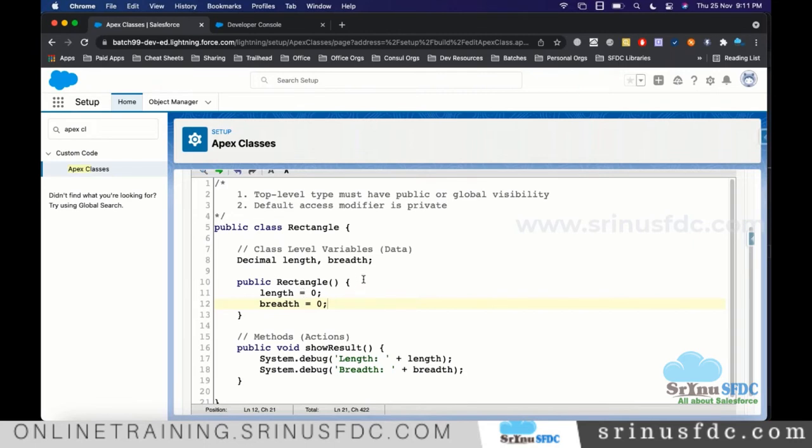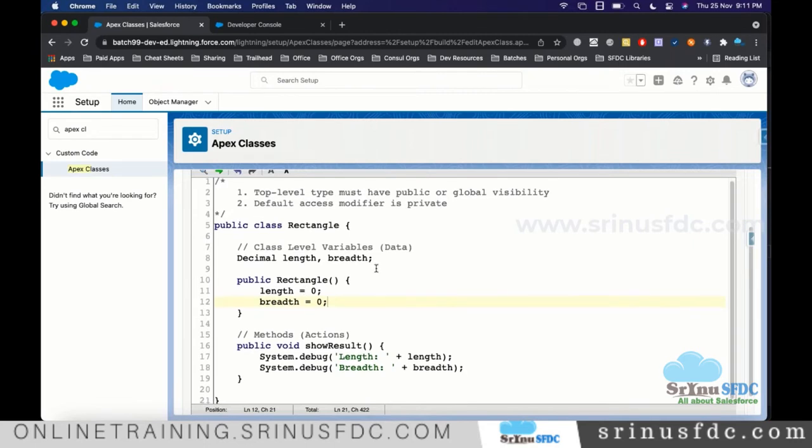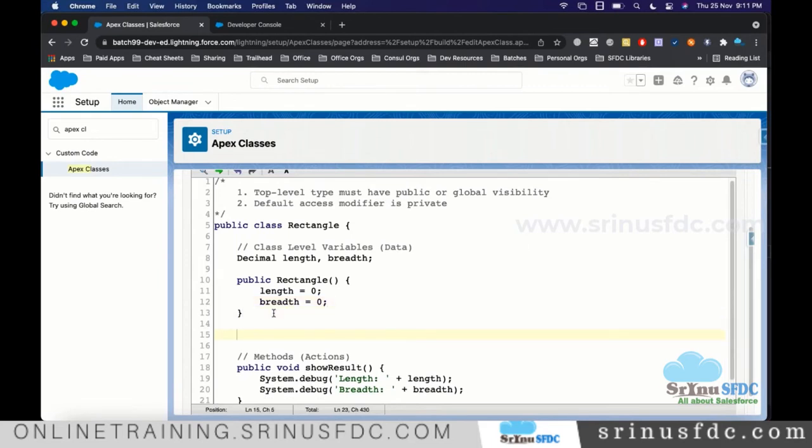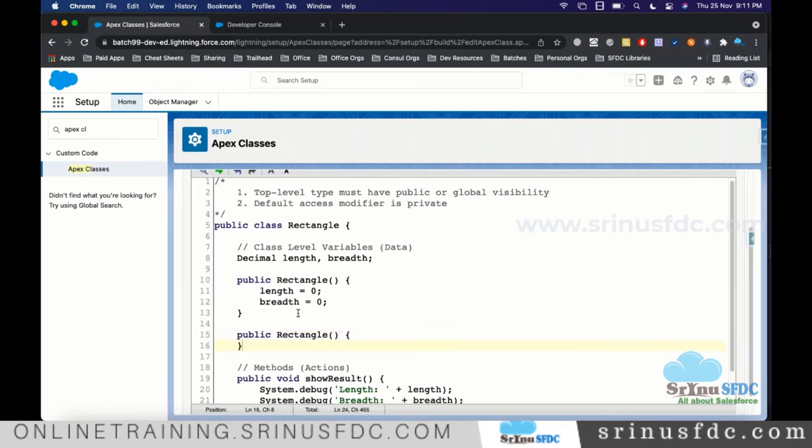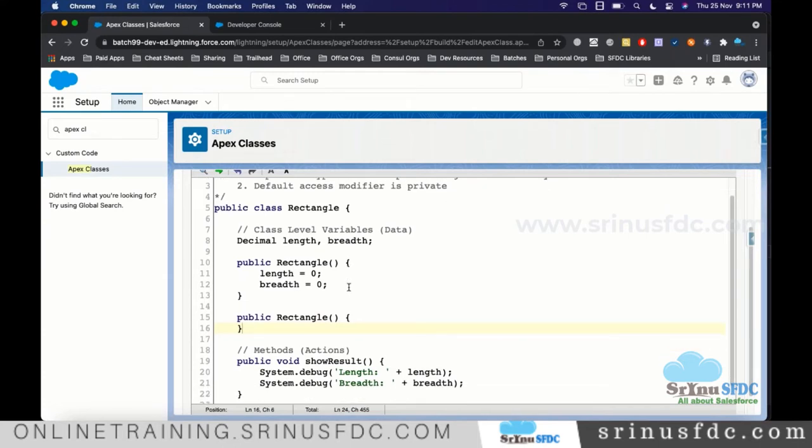In the same way, we can create multiple constructors. I can again write public, and the constructor name should be the same as the class name. But when we say we can create multiple constructors, there should be a difference in the number of parameters.